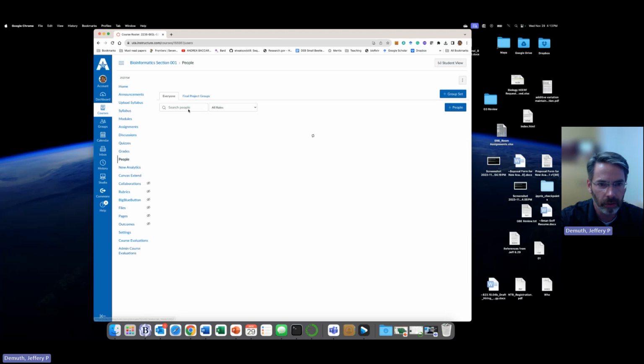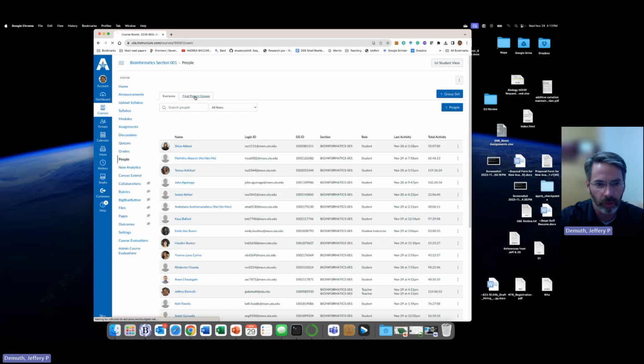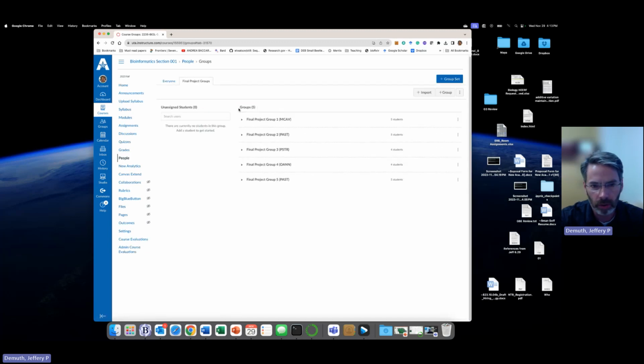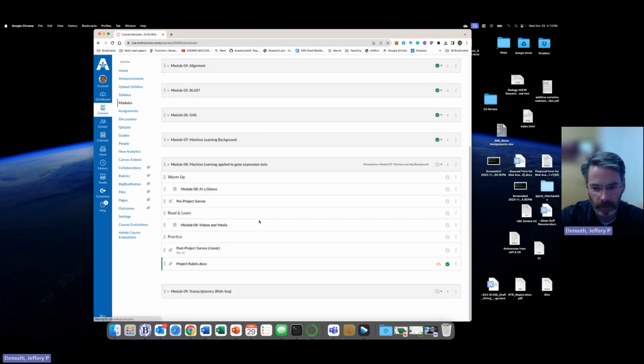If you haven't looked yet, you've all been assigned to final project groups. So here I'm only showing section 1, but in section 2, there are many more groups. So you should have access to be able to see which group you're in, contact your group members. You'll have to then assemble that PowerPoint, however you decide to break it up, and then submit that